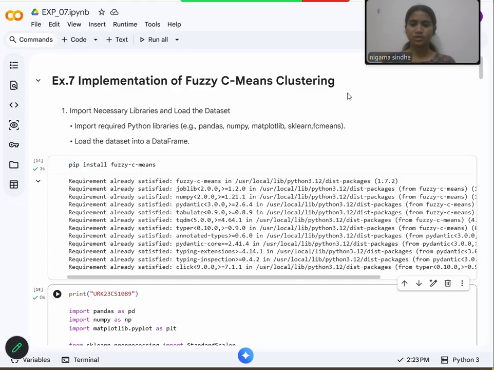First, we look into what is fuzzy C-means clustering. Fuzzy C-means clustering is an unsupervised machine learning algorithm used for data clustering where it allows a single data point to belong to multiple clusters simultaneously, with varying degrees of membership. Unlike traditional hard clustering methods such as k-means clustering, which strictly assigns a point to one group, FCM is a fuzzy clustering technique that assigns a membership value ranging from 0 to 1 to each cluster for every data